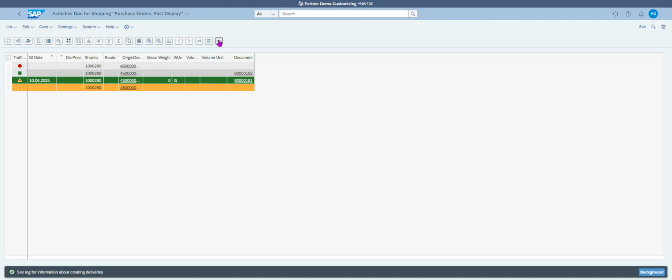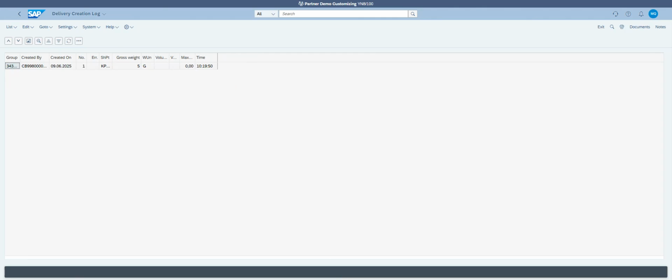But when you click like this, it's more efficient, show delivery. Or you can click on this button, log for delivery creation. Here we are. But in the first case, it's easier. And go to document, and you display the document, the outbound delivery, and you are able to display document